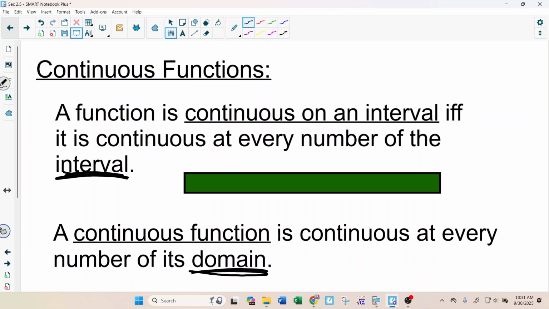This is on an interval. And so if one of those bad numbers is in the interval, it's no. Does that make sense? So they're both used in different cases. A lot of times theorems will say on the interval. Okay. Now,